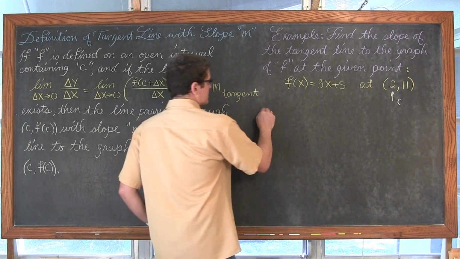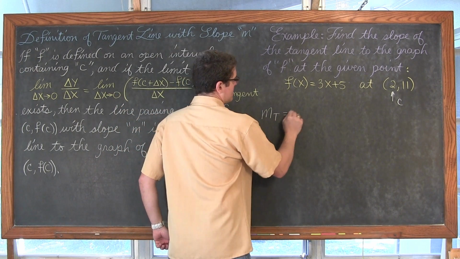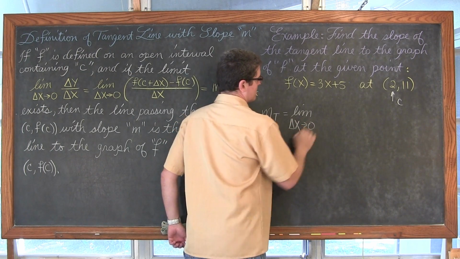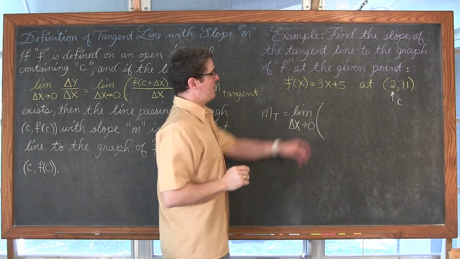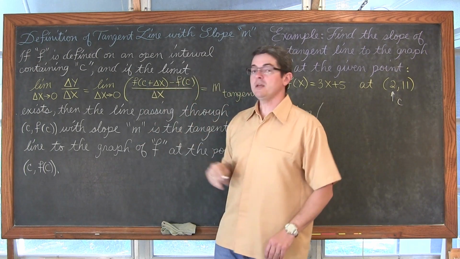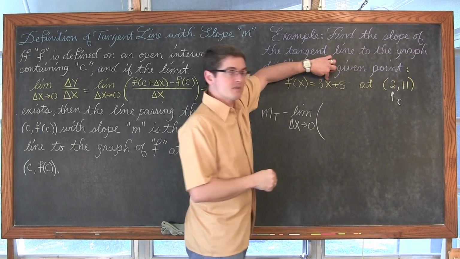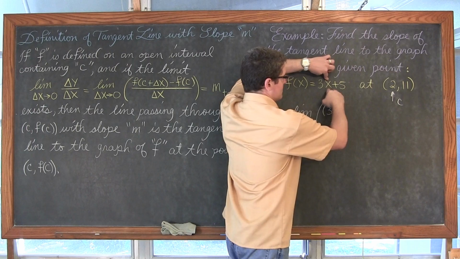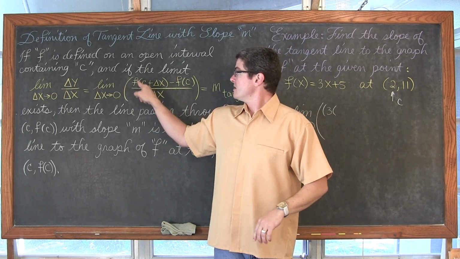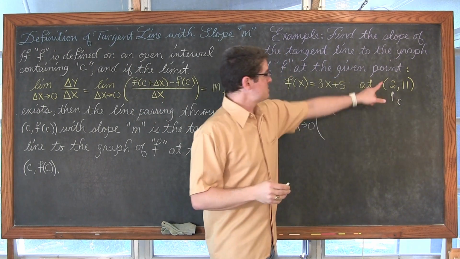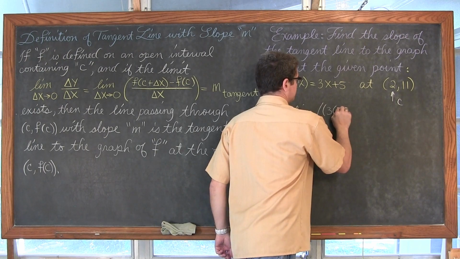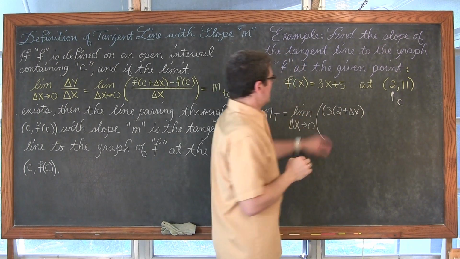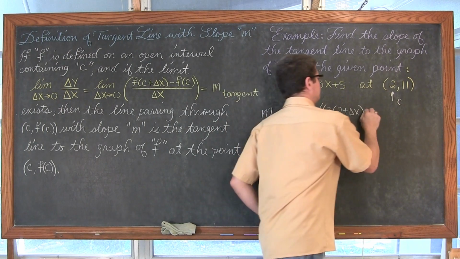So we're going to say that the slope of the tangent line is equal to the limit as delta x approaches 0 of, now, it's f of c plus delta x. So here's my function, and we're going to do 3 times x, which is again c plus delta x, so it's going to be 2 plus delta x, plus 5